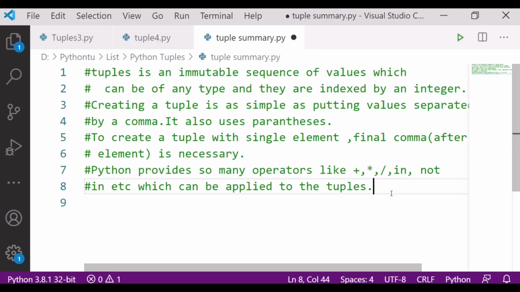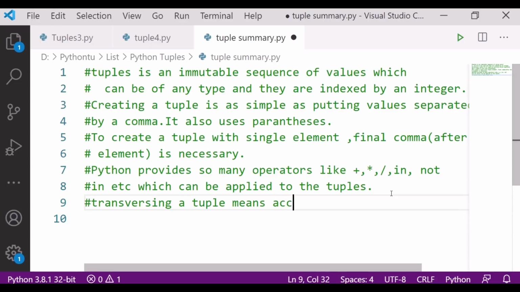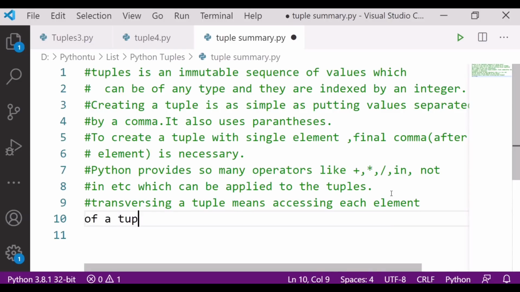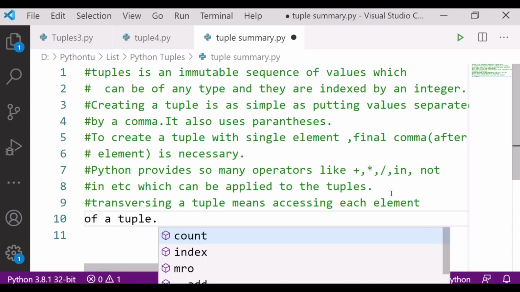Next, what we have read in the videos is traversing a tuple. Traversing a tuple means accessing each element of a tuple. This is known as traversing.